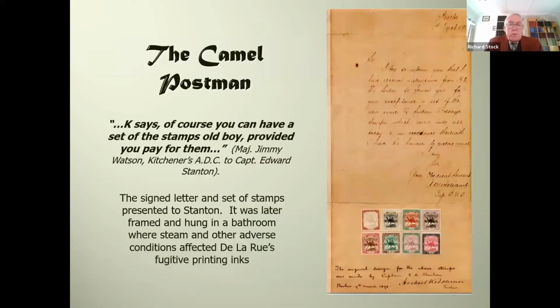The final stage that I want to describe is finishing your PowerPoint presentation. As well as having a beginning, a middle, and an end, you want something that's interesting to conclude. Now, using the Camel Postman, this is quite a good story, because Stanton knew nothing of the issue of the stamps until they actually arrived and were being used. And he said to Jimmy Watson, Kitchener's ADC, look, I'd like to have a set of the stamps on a piece of paper signed by K, as they called Kitchener, as a souvenir. And that you can see